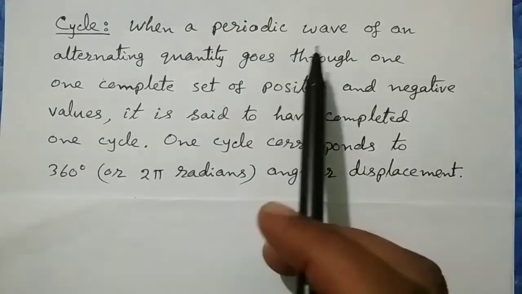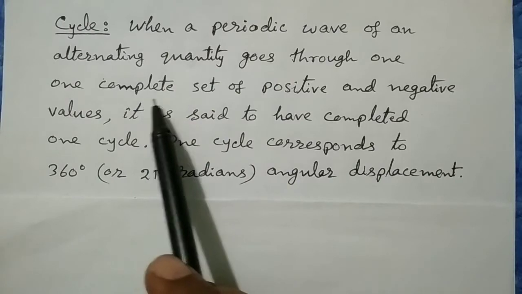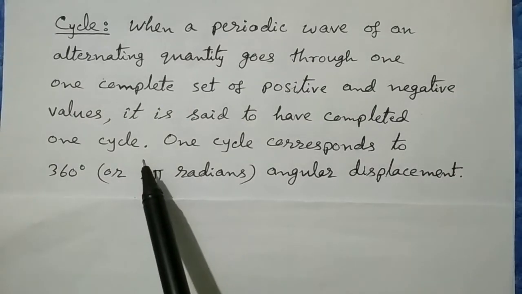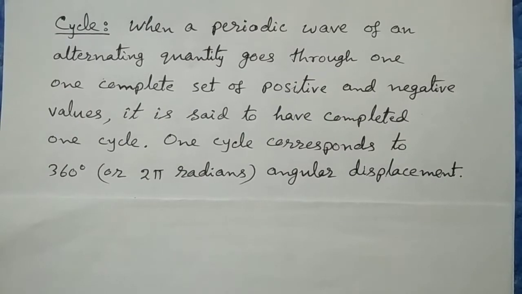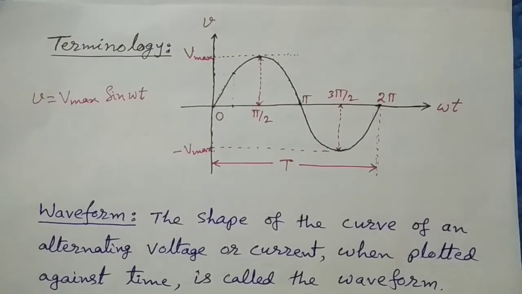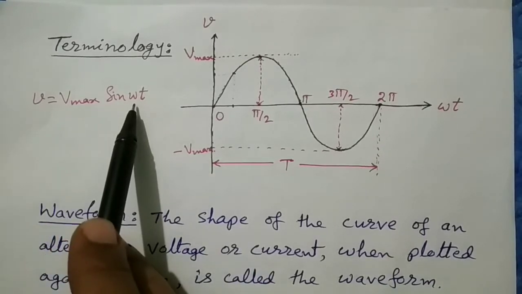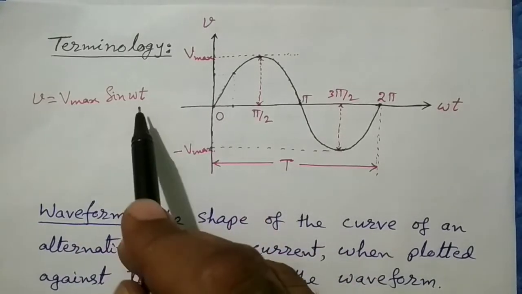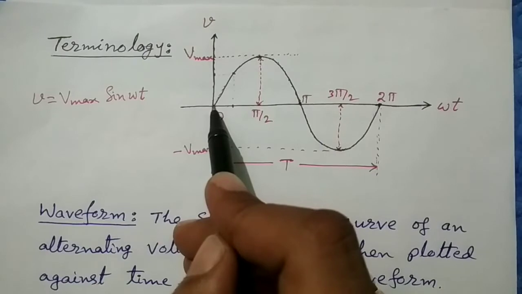Now if we see the figure again that we have shown previously, here the voltage V equal to Vmax sin omega t, and if we start to plot the value of the voltage from omega t equal to 0, so sin omega t equal to 0, the value of the voltage is 0.